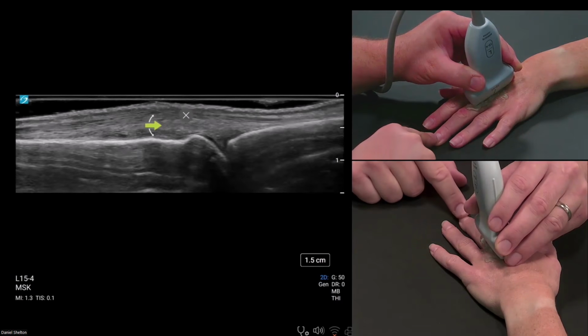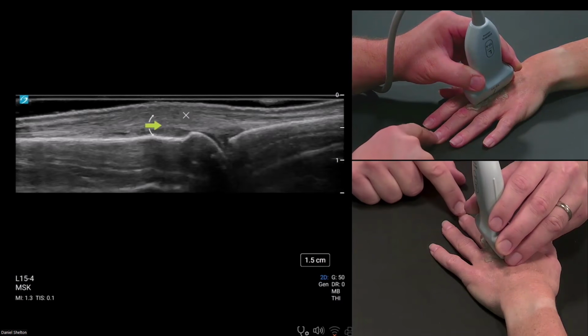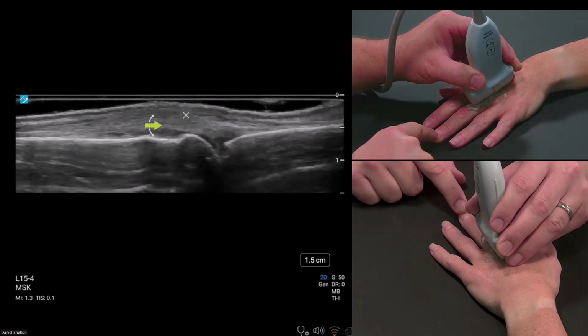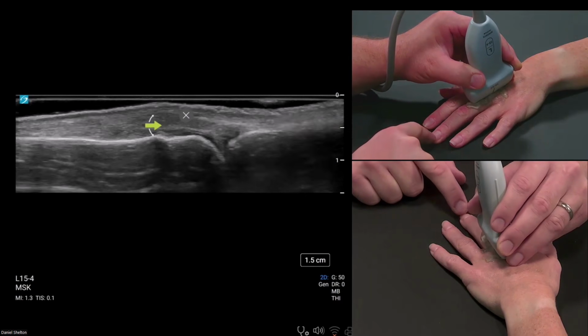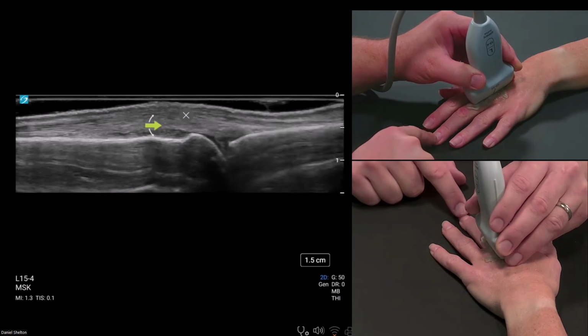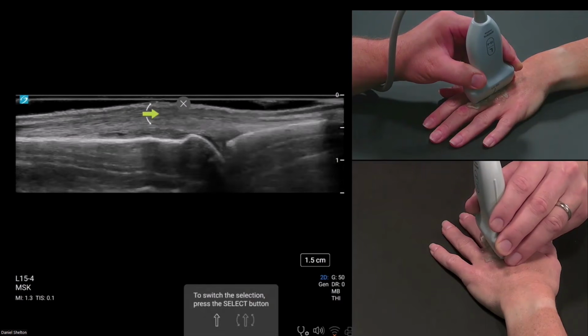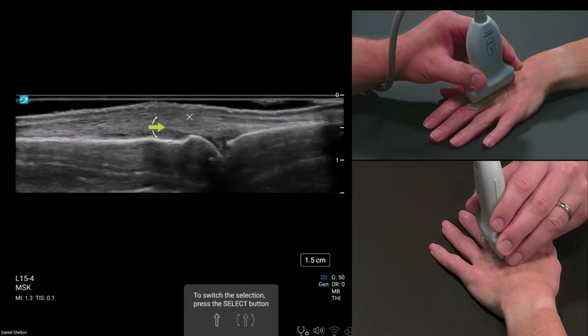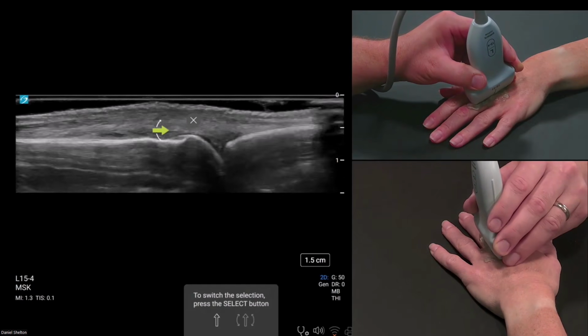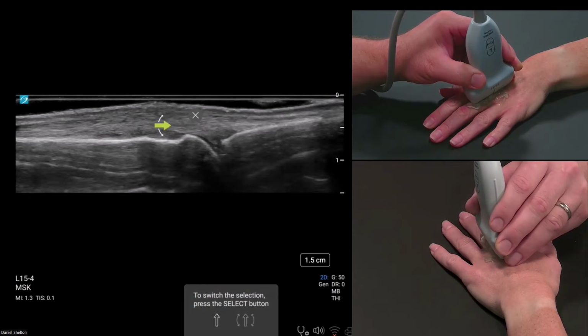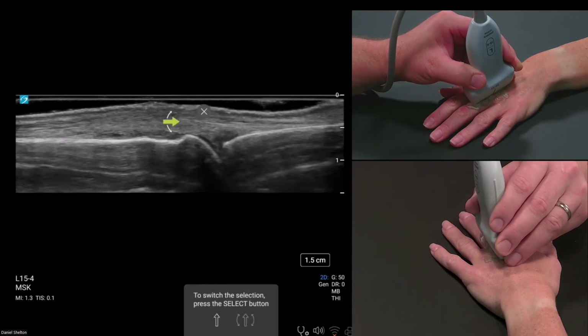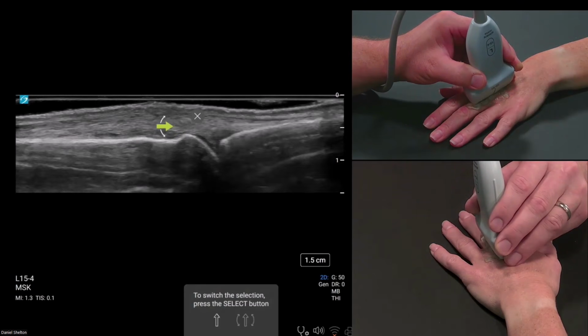There we go. Or you can manually do it or passively do it. And you can see the stuff that's moving there. So that's not all extensor tendon. If we were to look really, really close, I could see that I have long axis fibers here and short axis fibers here. But what might just look like a homogeneous structure, like any other fat pad, can be confirmed